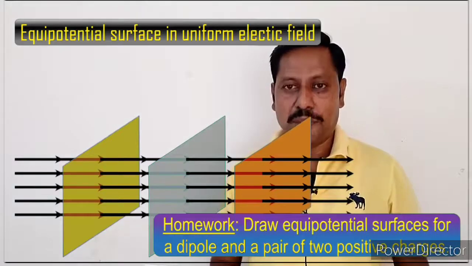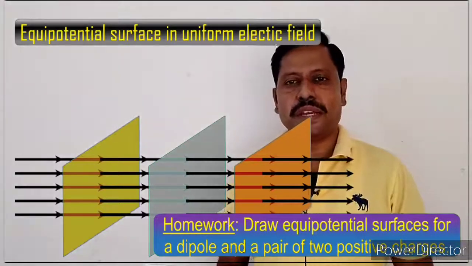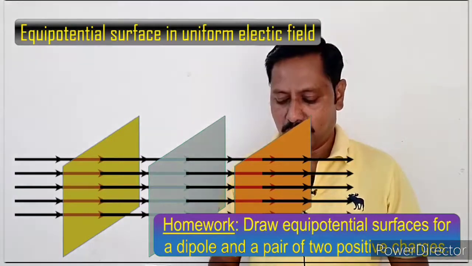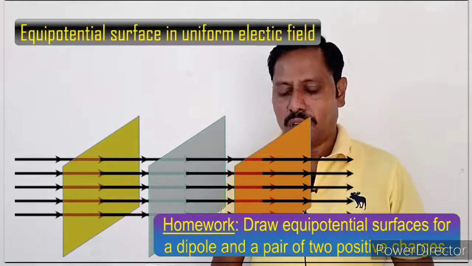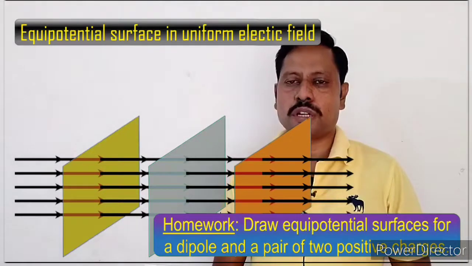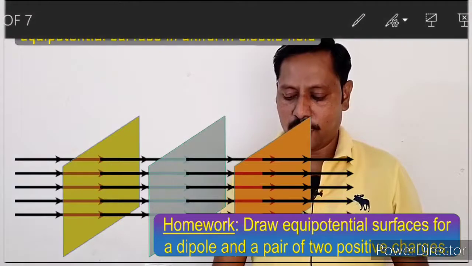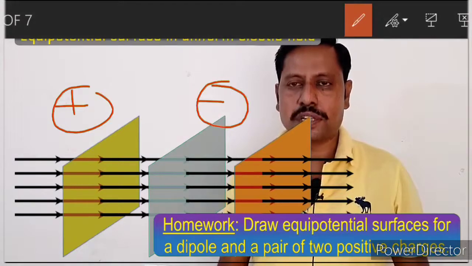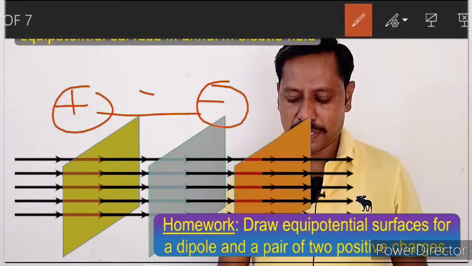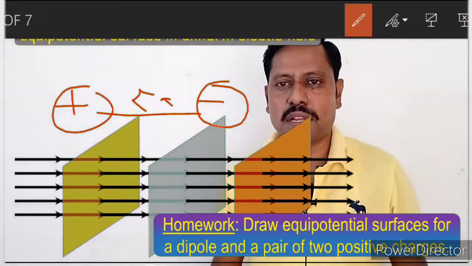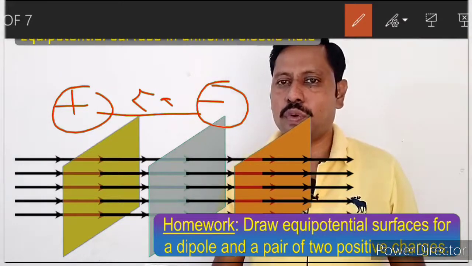Now here I am giving you a homework. You can find it in the NCERT book or any other book, you will get that answer. The question is: draw equipotential surfaces for a dipole and a pair of two positive charges. What a dipole is, you already know. Suppose this is a positive charge, this is a negative charge, and let us say they are separated by some distance 2a. In that case, what type of equipotential surfaces will exist, that you have to draw,